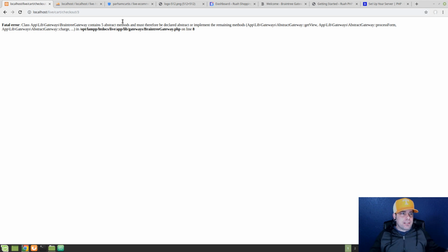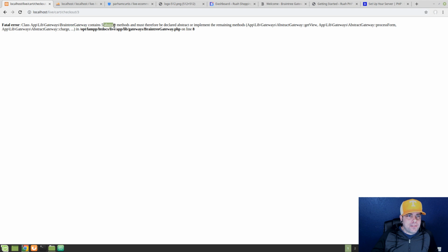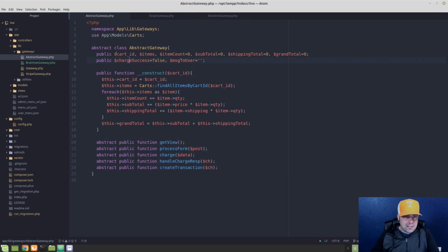You see right here where it says fatal error: Class Braintree gateway contains 5 abstract methods and must therefore be declared abstract or implement the remaining methods. What that's saying is a weird way of saying that we have not implemented everything in our abstract. Because we extended this abstract gateway and we go to the abstract, this is an abstract class, and we have all of these abstract methods defined inside of here,